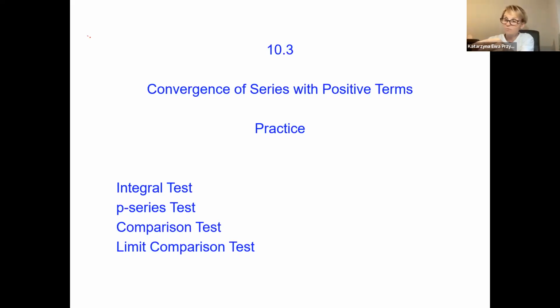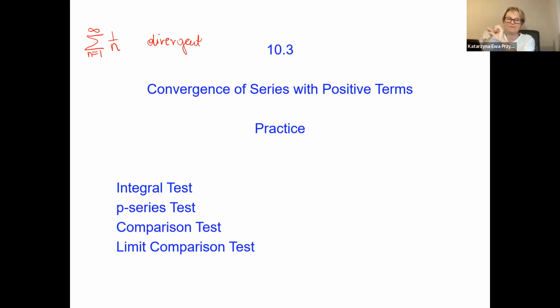For instance, if I ask you this one, is this infinite series convergent or divergent? Sum of 1 over n. It is divergent. Why is it divergent? It's definitely divergent. I don't know if you had the proof, but when we start adding the terms 1 plus 1/2 plus 1/3 plus 1/4,